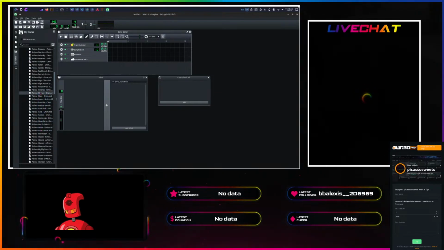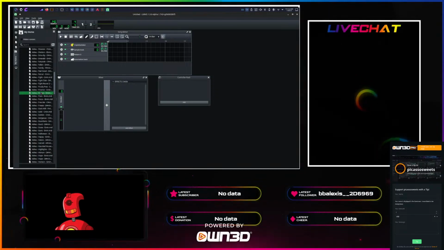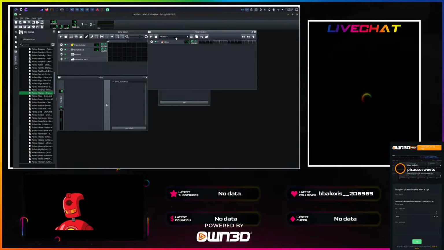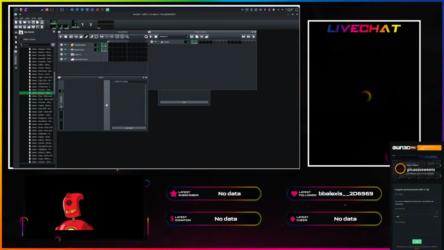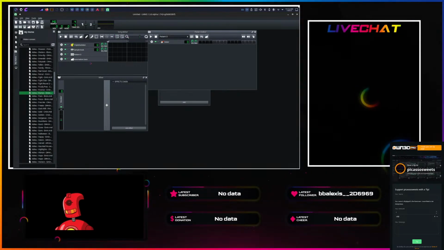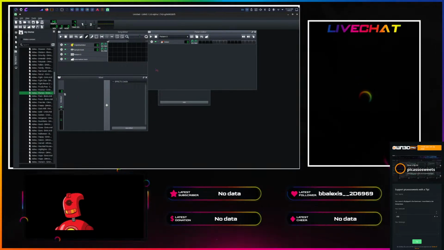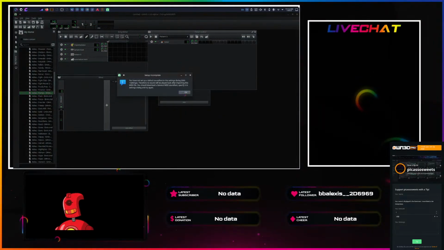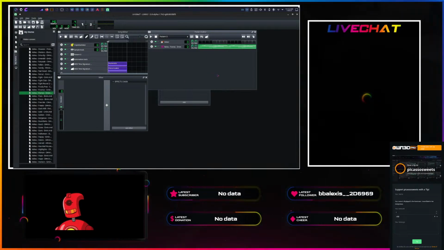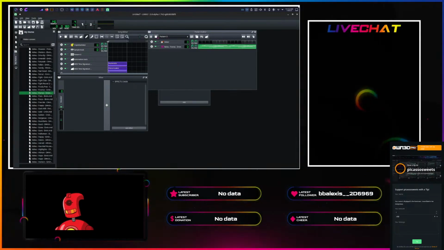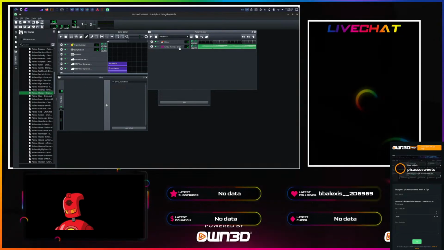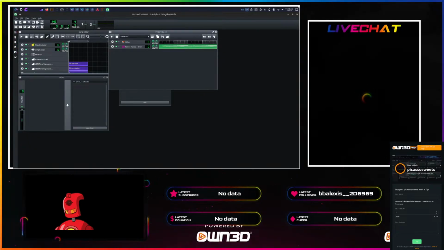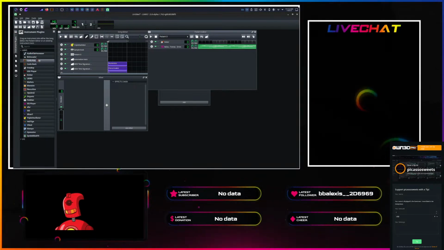So I'm gonna just put a random one, right? Open up your pattern box right here. That's how I do. A lot of people use the song editor, but I don't like doing it that way. This is how I like doing it. But I do a lot of loops, stuff like that, right? So I put a little pattern up in here, and then I'll go over here, and then I'll put